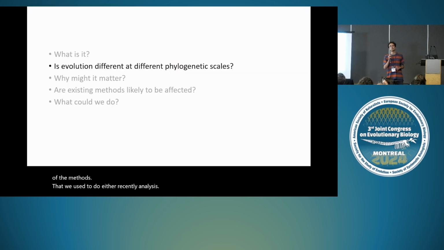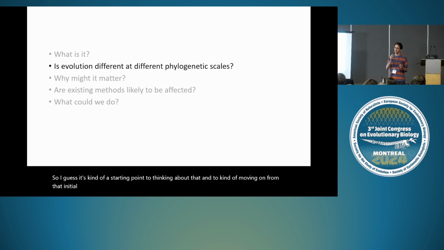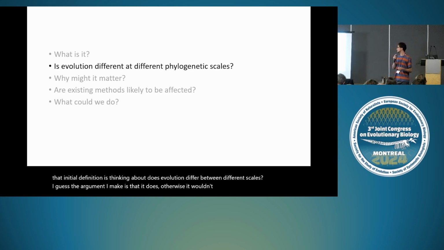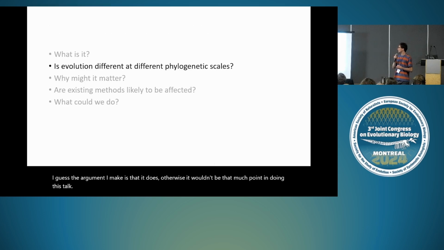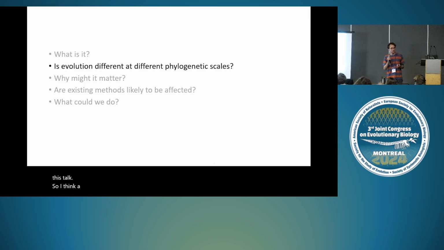So I guess a starting point, moving on from that initial definition, is thinking about whether evolution differs between different phylogenetic scales. Now, the argument I would make is that it does, otherwise there wouldn't be that much point in doing this talk. So I think a characteristic you see at really broad scales is